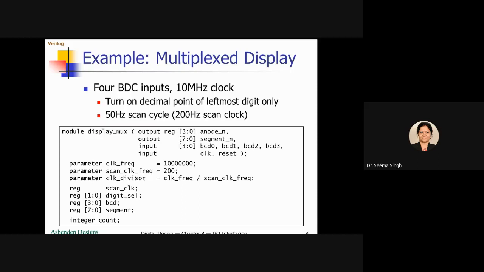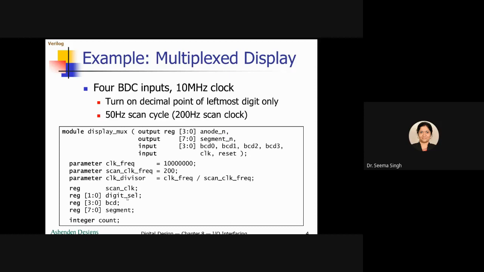So now to start working with it, you have a scan clock and your digit select. This digit select is again 1 downto 0. It is going for two bits. Why? Because you have in total 4 enabling lines, A0 to A3. So you require something which can take care of this 4.